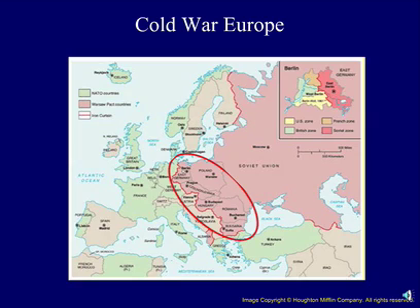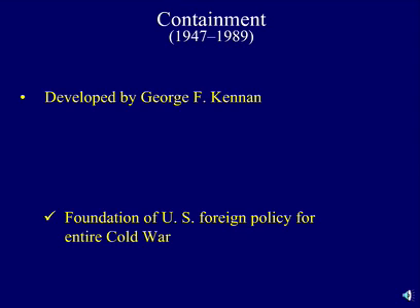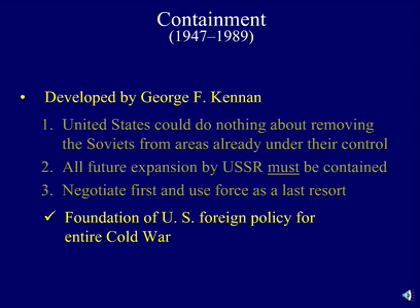Once again, here's that map of Cold War Europe. The area which is circled on the map identifies the regions controlled by the Soviet Union. There was nothing the U.S. could do to remove Russian forces from these regions. While there was nothing the Americans could do about areas the Soviets already controlled, history told Kennan that the Soviets